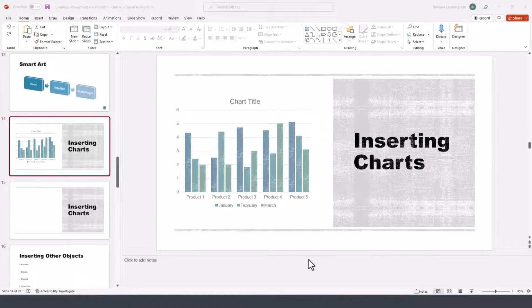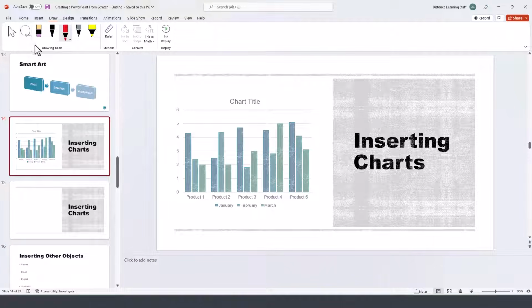In this segment of the PowerPoint tutorial, I'll demonstrate how to use the drawing or annotation tools in PowerPoint. Go here to the Draw tab on the ribbon. Notice we have the drawing tools. Now in this case, this is not a tablet PC or one with a stylus, but this is just a laptop, not even with a touch screen. So in this case, I can use the drawing tools that you can see here, whether it is the eraser, various digital pens, by simply selecting them, and they can be used as part of the slide design to highlight